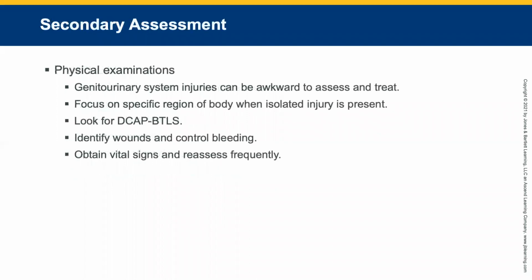Secondary assessments. Genitourinary system injuries can be awkward. We already talked about that. They are awkward, period. Provide ongoing life-saving treatments. And here we want to potentially have a long transport or a short transport time. When the patient has an isolated injury, you can focus on that body region that's affected. It's a little bit easier when it's just one area, or if it's a multi-system trauma, you're gonna look up and be like, oh, we 10 minutes out. I can make a hospital report. But when it's just that one localized, you're like, oh my God, are we ever gonna get there?